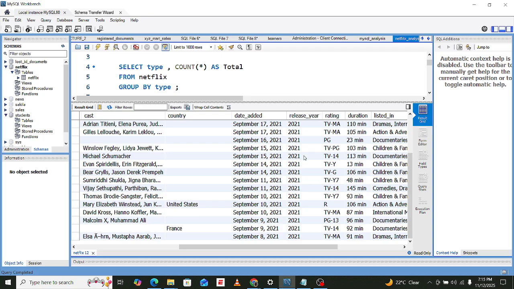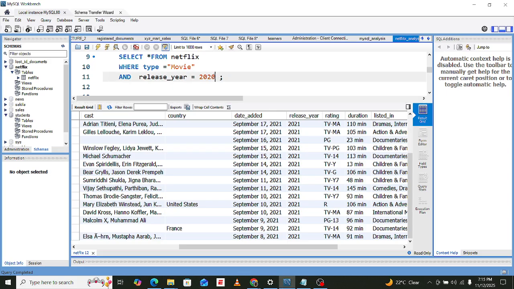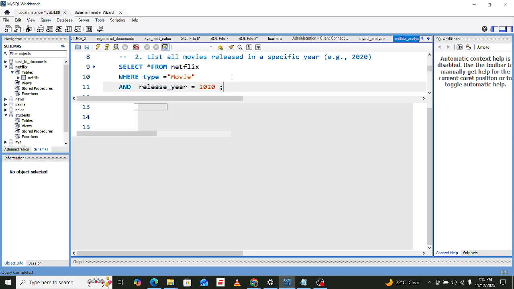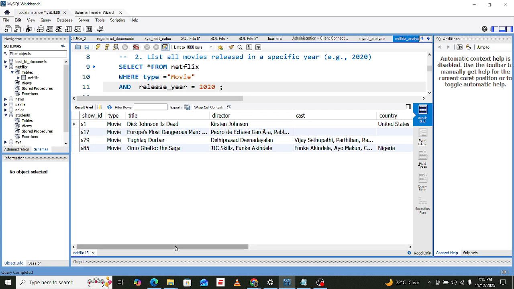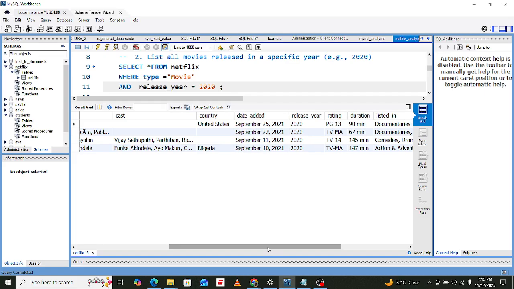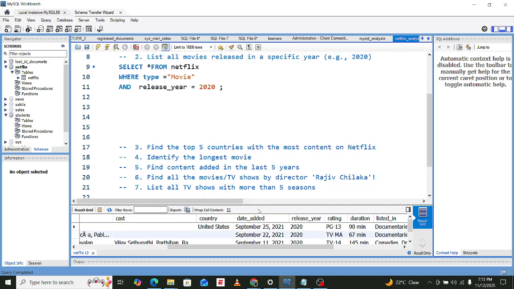You can also change this to 2020 and see if there are some movies released in 2020. I think we have 4 records released in 2020. That is how we can answer that question, list all the movies released in a specific year. This is the query that we can use to retrieve that.